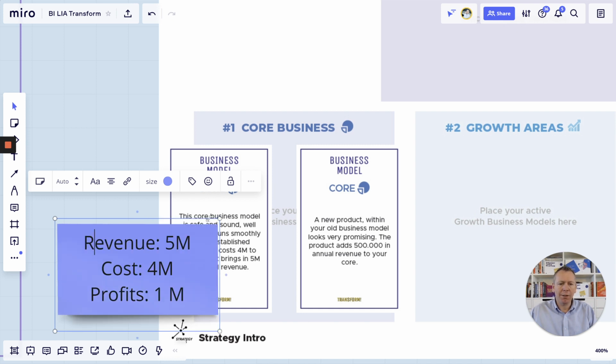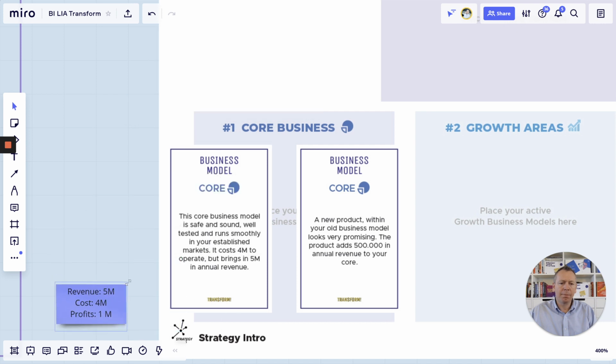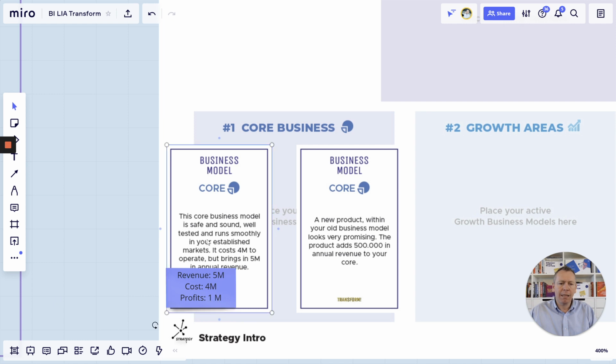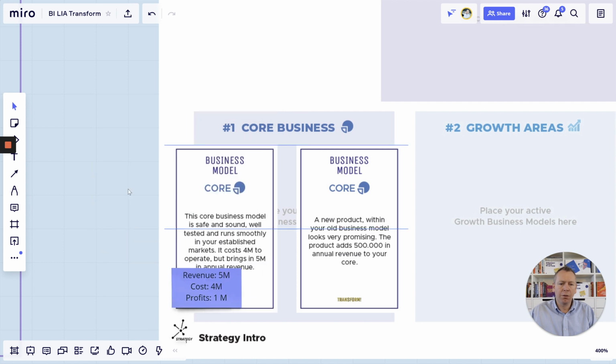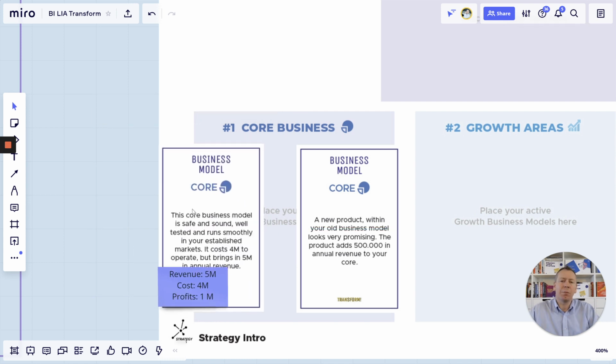Now notice what I do next. So I'm going to stick that on. And I'm going to group them. And this allows them to move around. The reason why I'm doing this is because you're going to be working with a large number of business models. And each of the business models will have slightly different financial model behind them. So you need to be able to keep track of what are the financial models you're seeing.